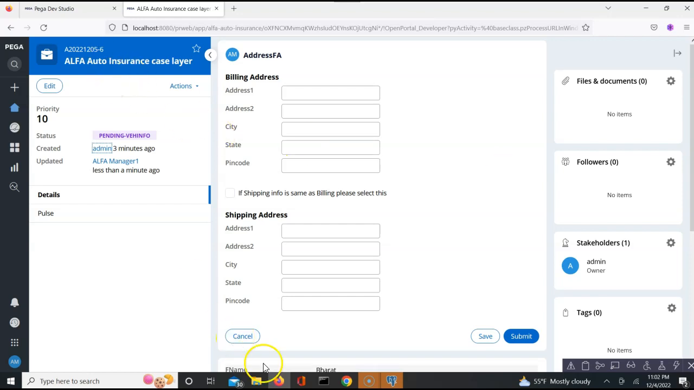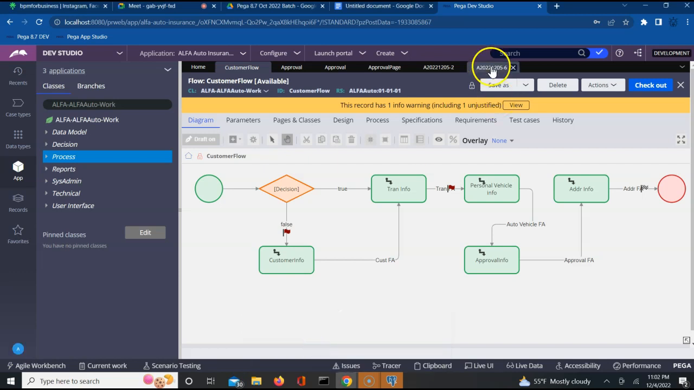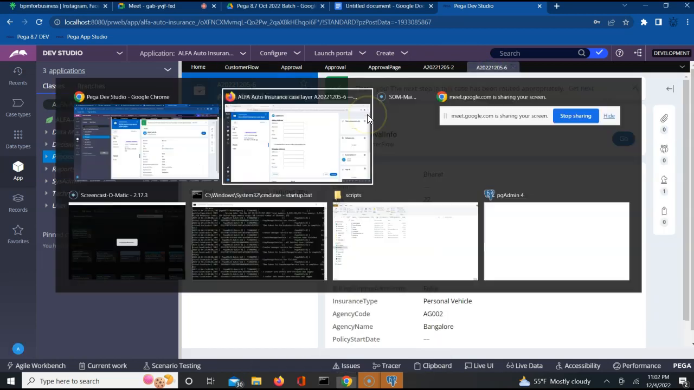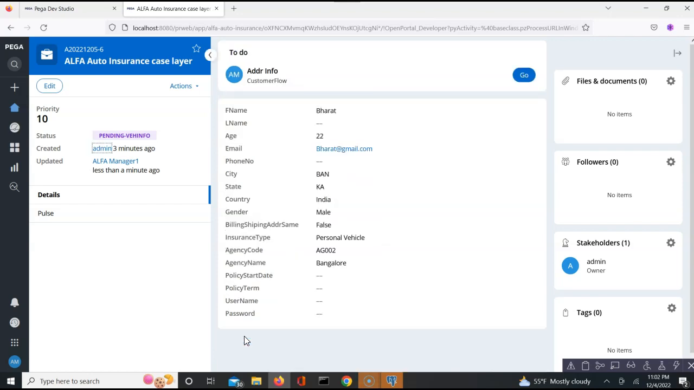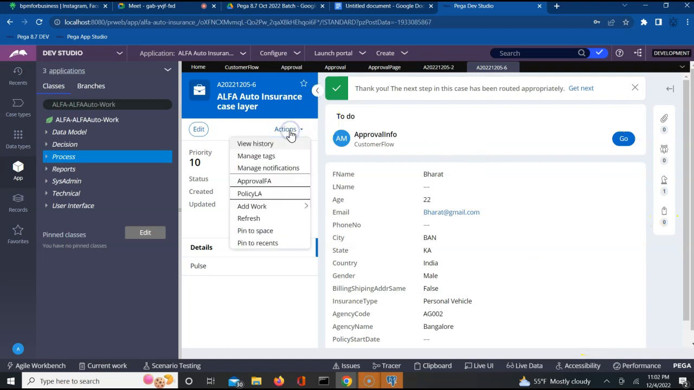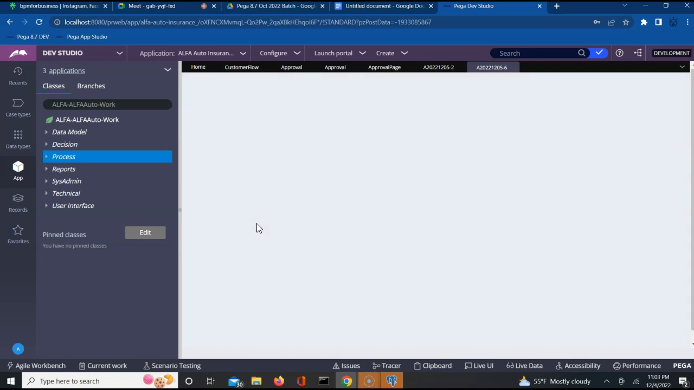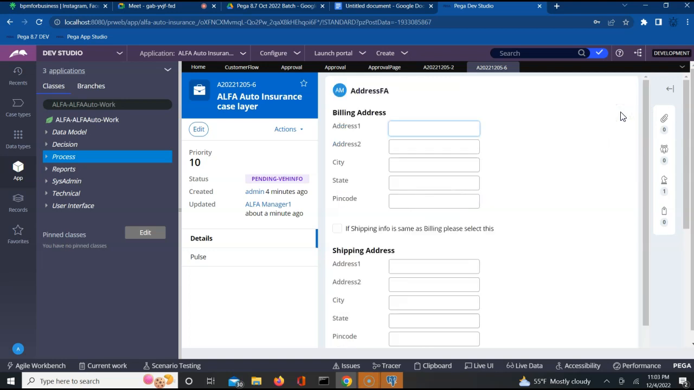Now this thing can be accessed by this guy also. If he comes back, comes here, and then let us say this guy has closed this. Okay. He comes here, comes back, and let us say he's refreshing this. Now this user can proceed further from where he was. See, now he's on the address flow action, which is